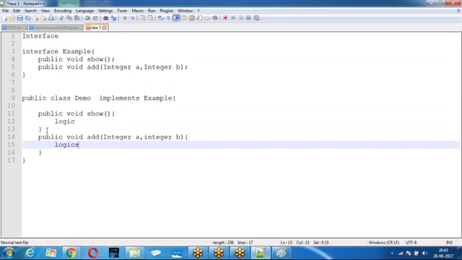Right? Any class which is implementing an interface has to define all the methods in the interface. All the methods that are there in the interface have to be implemented by the class. Do the people follow? An interface is a collection of unimplemented methods. If a class wants to use the interface, class implements interface. If a class is implementing an interface, all the methods in the interface have to be redefined. Am I clear? People are clear with this?